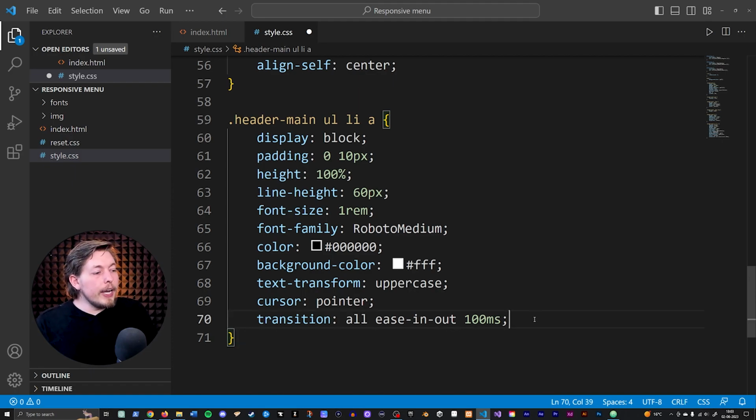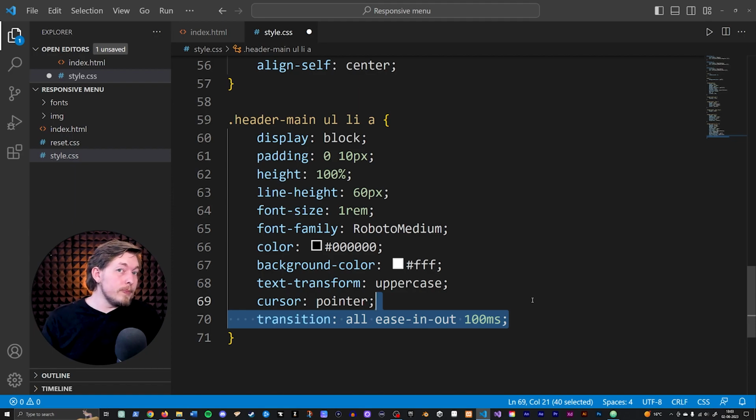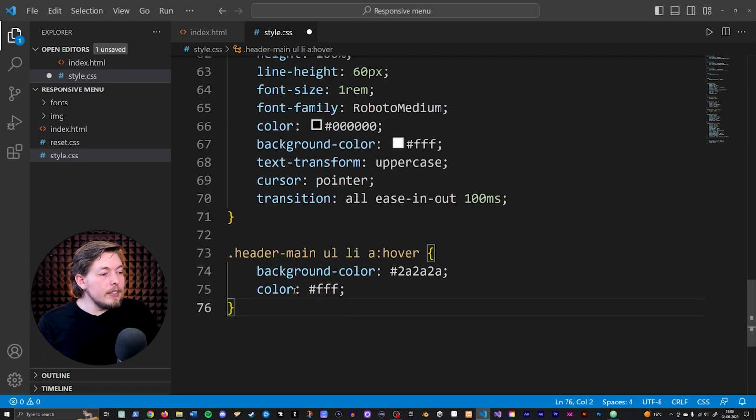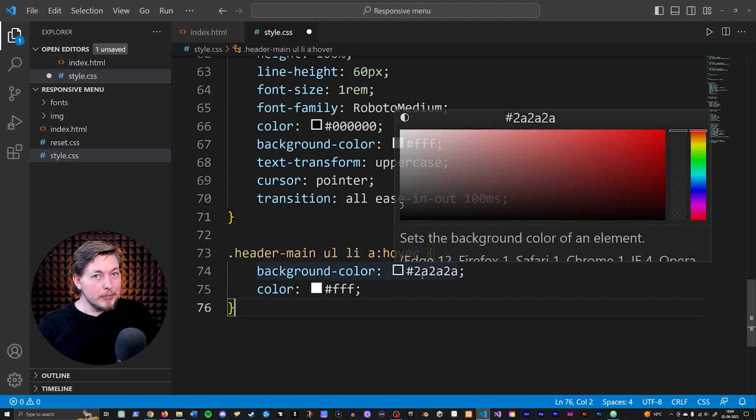And I also included a transition, and that is going to be for when we have a hover effect, because when I hover on top of it, I do want to change the background color and the color of the text. So doing that, I can go down and add my hover effect. When I hover on top of this menu item, I change the background color, and I also change the color of this particular menu. So